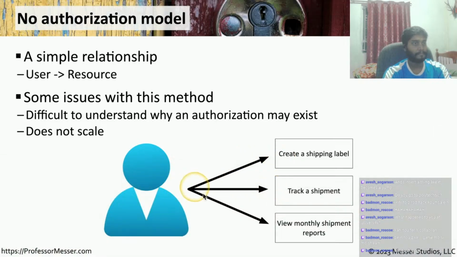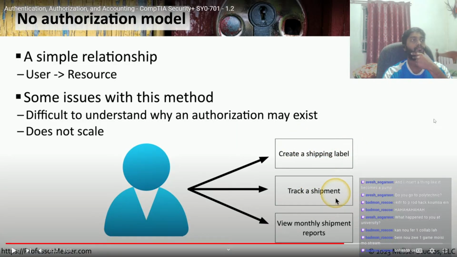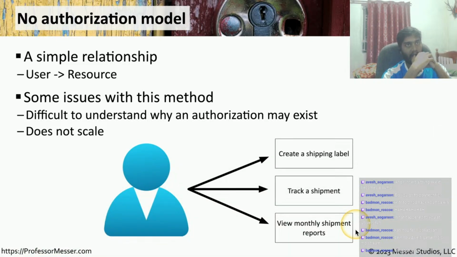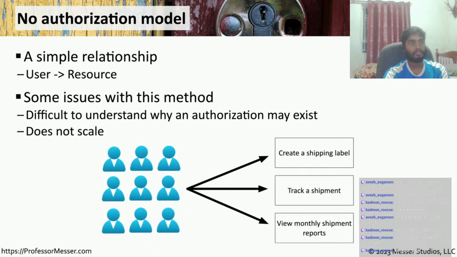Separate rights and permissions so that anytime this person logged in, we would need to give them rights to create a shipping label, track a shipment, view monthly shipment reports, access customer data, and perhaps anything else they need for their day-to-day operations. Now, if this is the only person in shipping and receiving, this is a relatively easy process. But what if you're part of a larger organization that has tens or hundreds of people in shipping and receiving? You can see it would be difficult to take every single user account and manually set up rights and